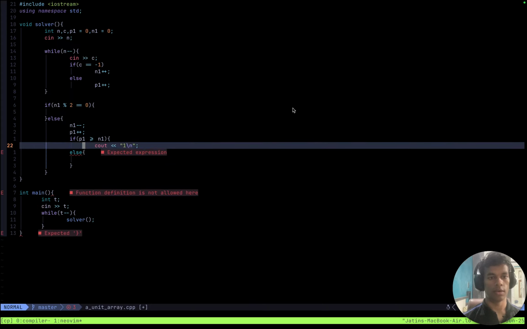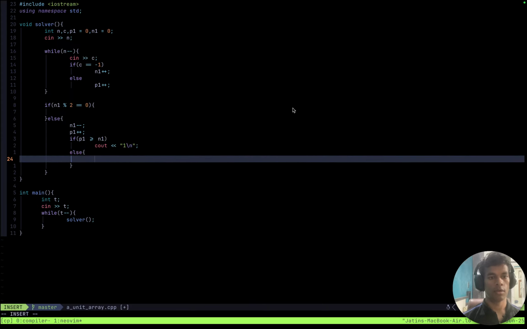Otherwise, I will have to convert some negative ones into positive ones, and each time the difference, which is n1 minus p1, would decrease by 2, and I want to make it equal to 0. So the answer should be